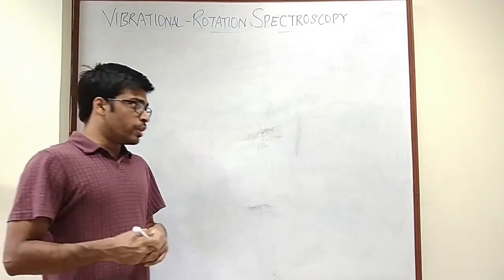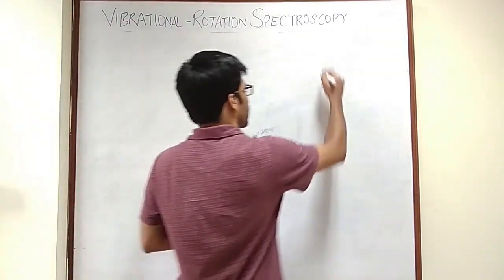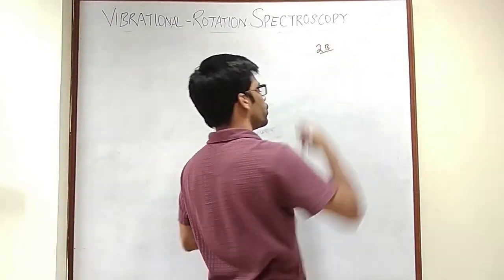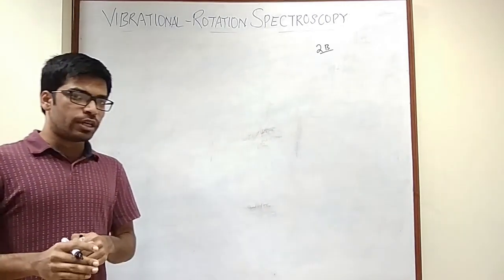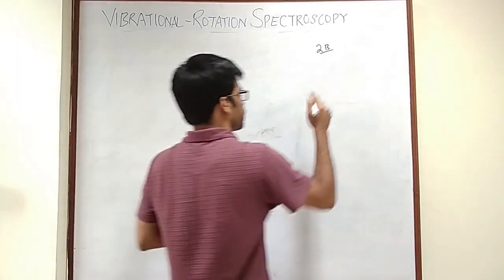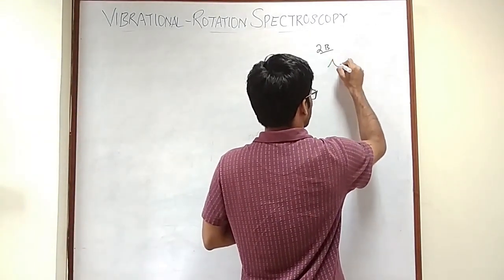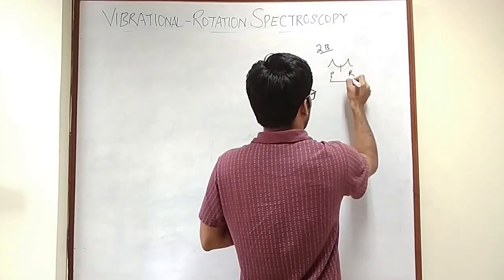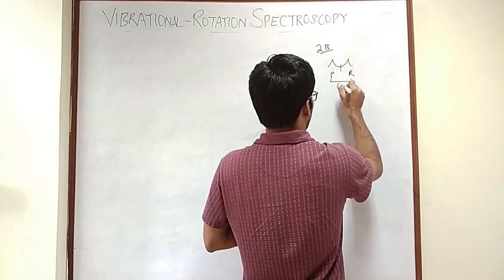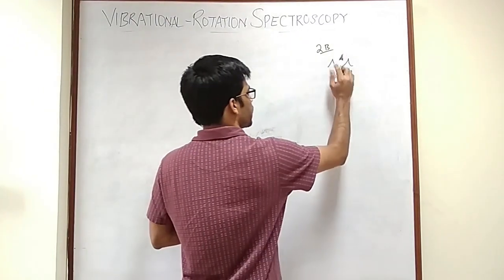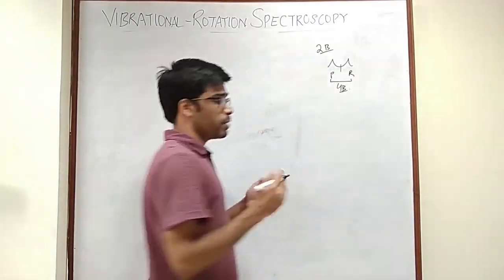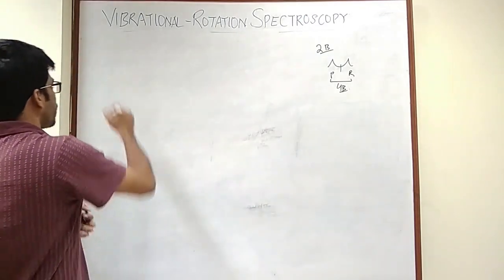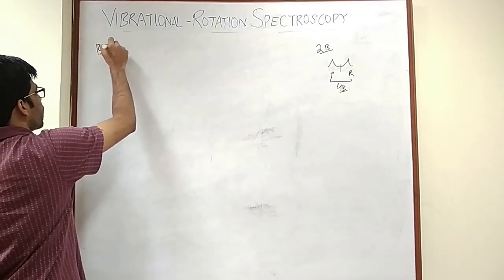One thing I forgot to mention was that in the spectra that you are getting, the difference between two rotational peaks is still going to be 2B, except for the first ones, which are in the R and P branches. For them, it is going to be 4B, because there is no peak at the middle, that is missing. Okay, now we'll consider the breakdown